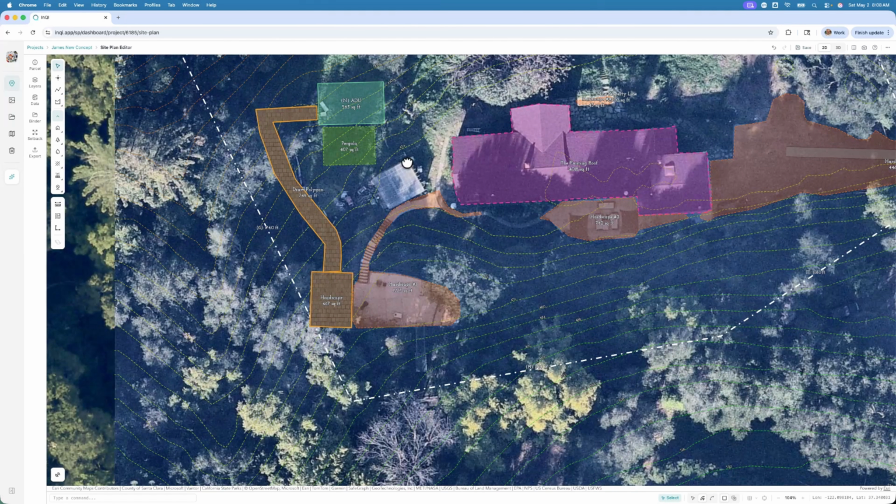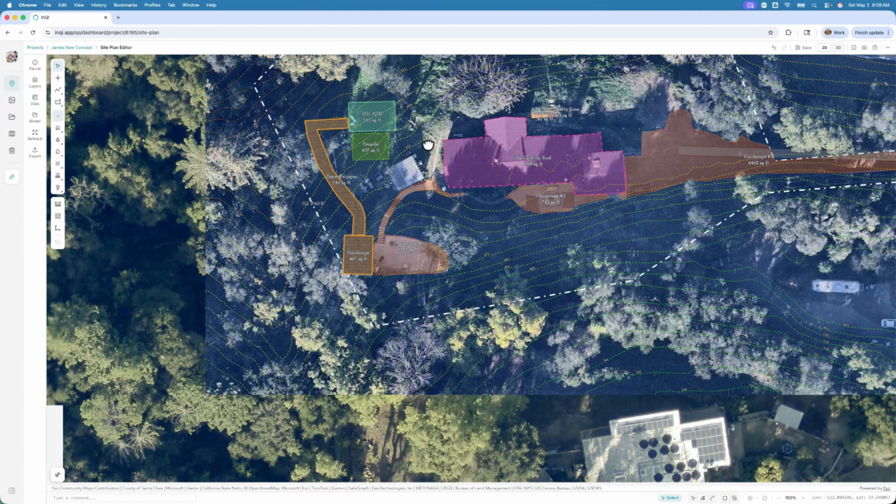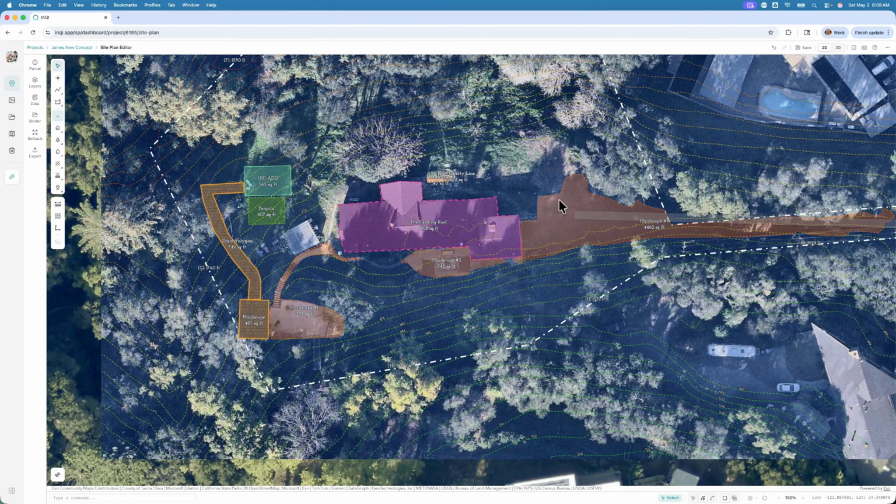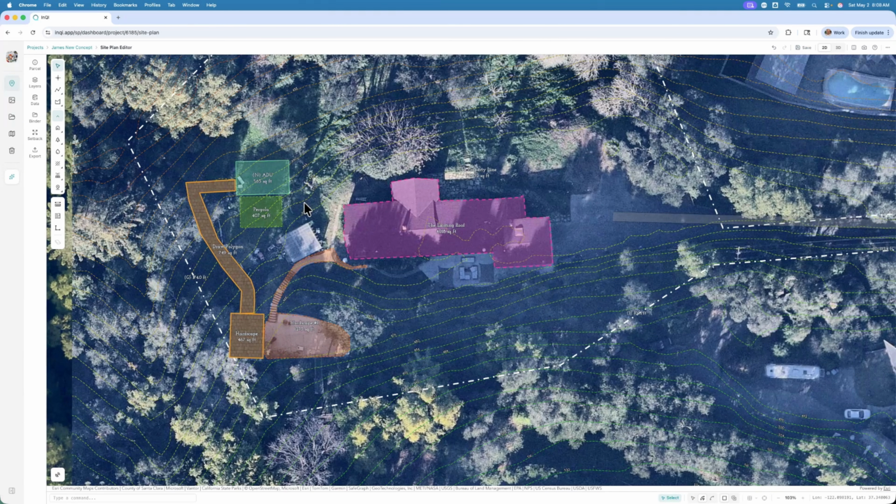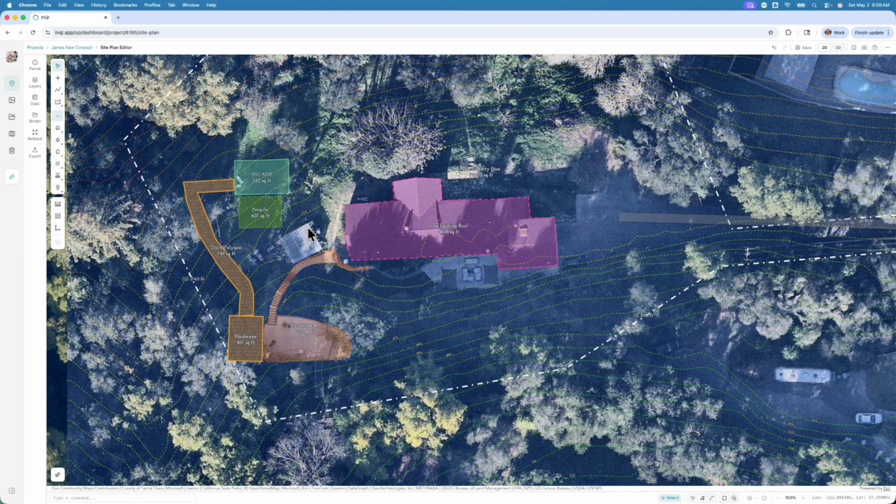So we have now developed the concept, right? Now we can look at the concept and there's a lot more to it. So I'm going to get rid of that. I don't need to see that. I don't need to see that. This little hardscape, I don't need to see it. Let's say I wanted to put some trees and plants here for privacy reasons. So I go into my